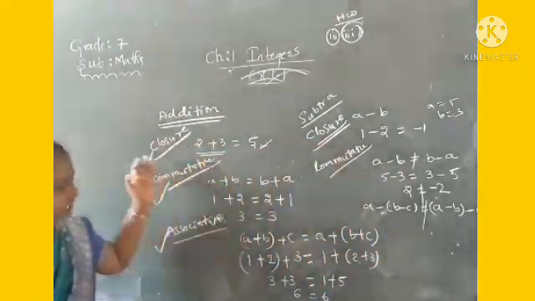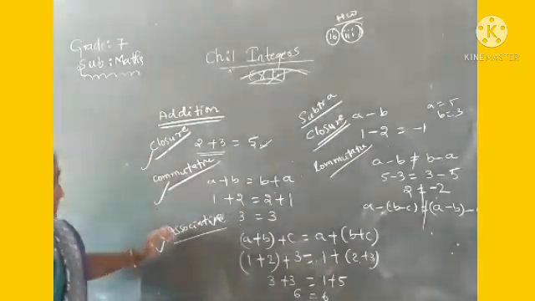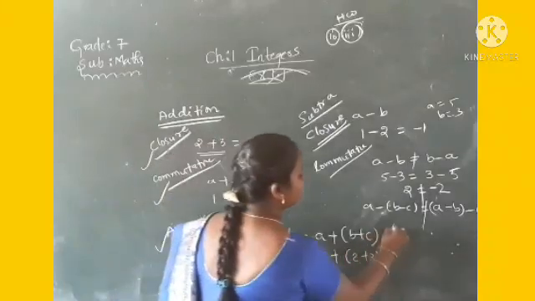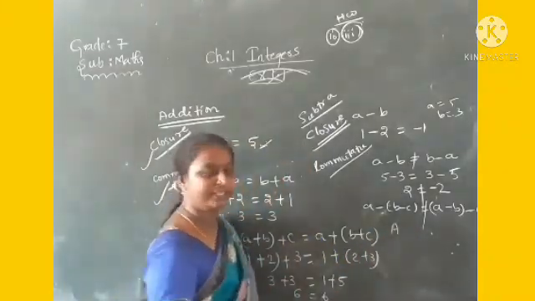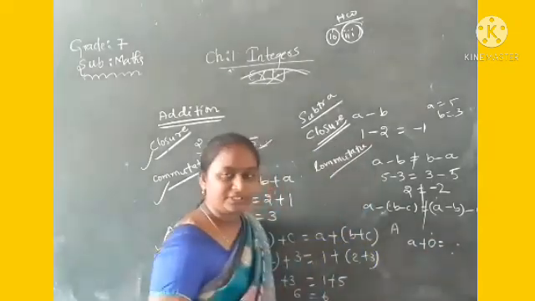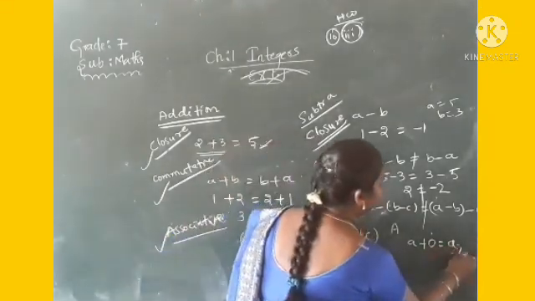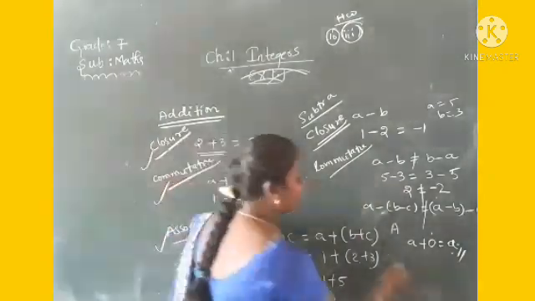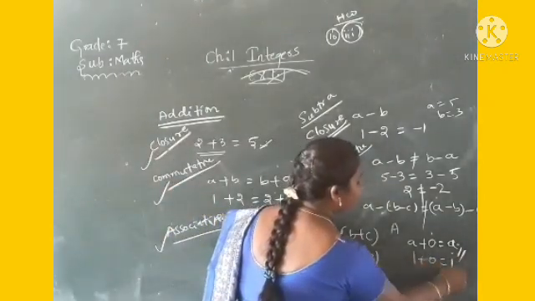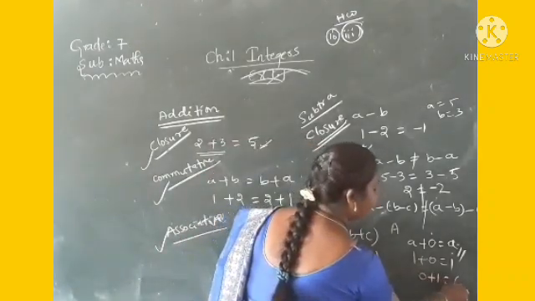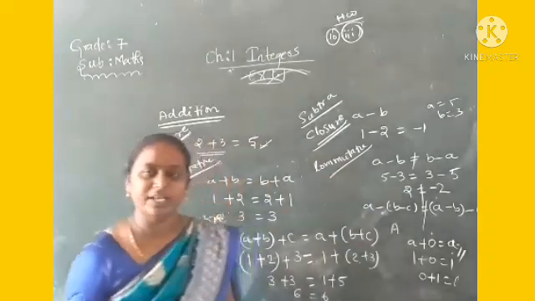Under subtraction, only the closure property. Under addition, closure, commutative and associative property. And not only that, what is the additive identity? If we add 0 to any integer a, that is equal to a only. So that is the additive identity. Take 1 as the integer, add 0 to it, it will give 1. Similarly 0 plus 1 is equal to 1 only. This is the additive identity.